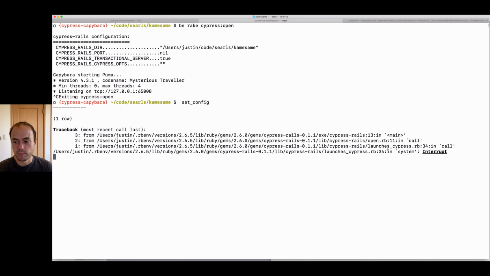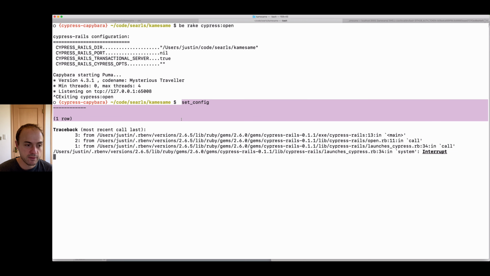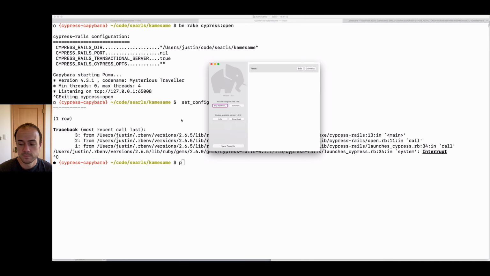Okay, and please, if you keep seeing this stack trace, this is because I'm using a Capybara server under the hood, and I think it's capturing SIGINT and doing this. It doesn't matter. I'll try to clean that up in the gem at some point through a monkey patch or something. But you can see set config ran, and that got flushed to the console, which tells me DB test prepare also ran. And so if I open up Postico again, and I connect,